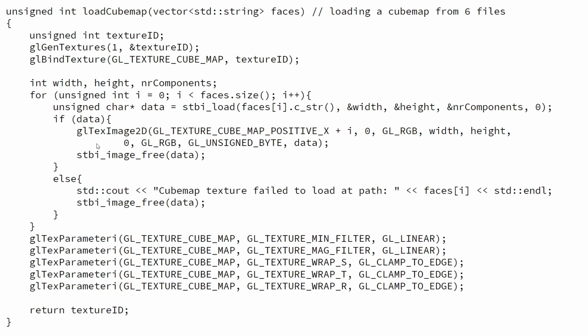So we'll load each of those into texture memory, then get rid of the data that loaded from the STB as it moves along. Does a few boring things with regard to setting out, how's it mapping, how's it filtering, how's it going to wrap. And normally, if everything has wonderful, well-assigned texture coordinates, these shouldn't be too much of an issue, but that's what they're there for. And the result is a texture ID.